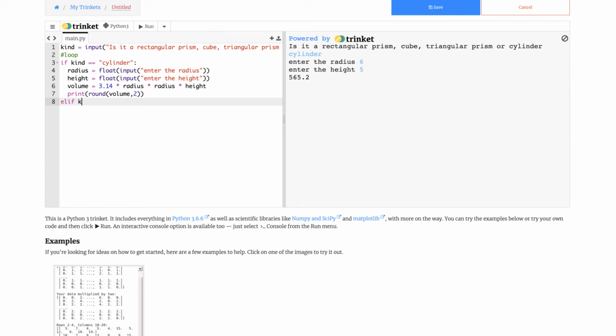Now we have to do elif kind equal to, and of course cube. Now we have this comparator. Now we need to put the colon, then we have to do radius, not radius, side equals to float input,